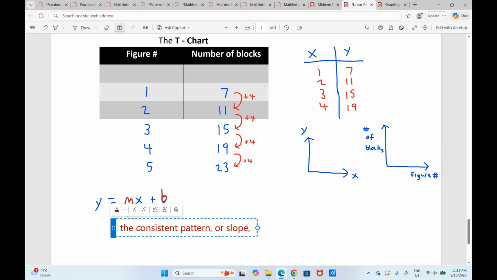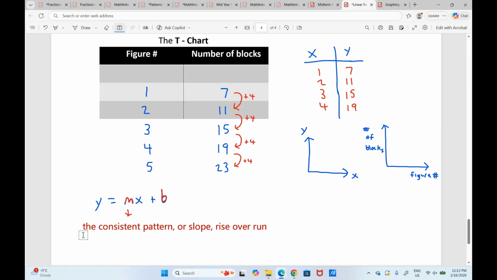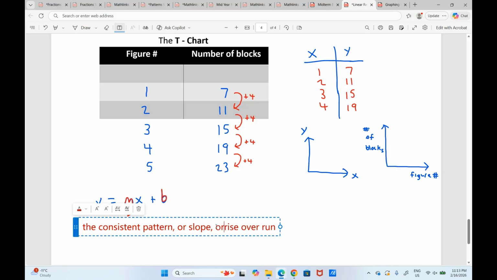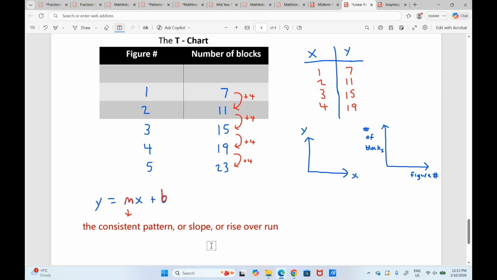Another name for it would also be rise over run. These are all the names for our coefficient in front of x. We either call it the consistent pattern, the slope, or the rise over run. And we'll dive into why we call it the slope and rise over run when we start graphing this equation